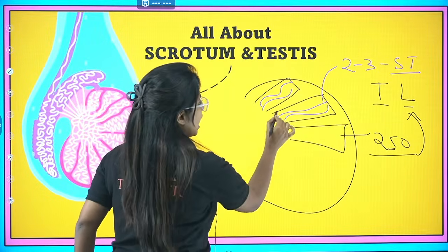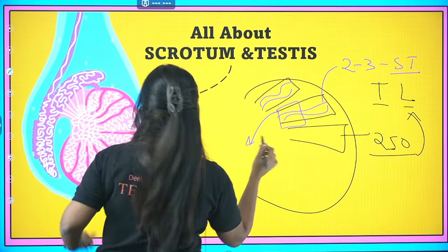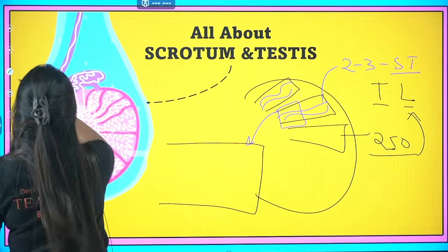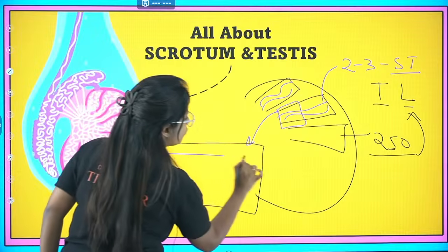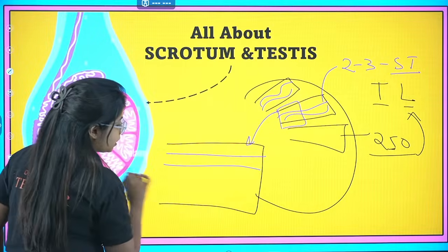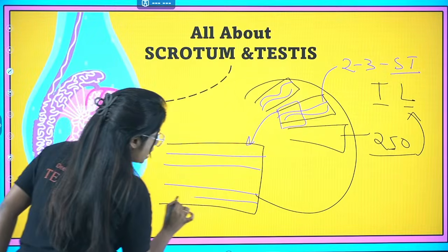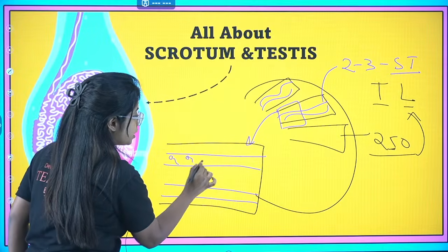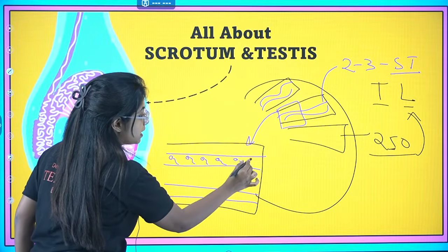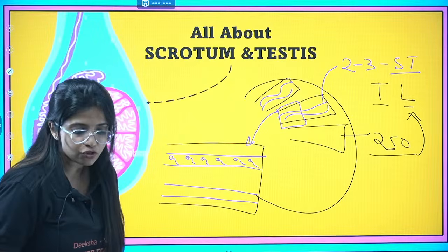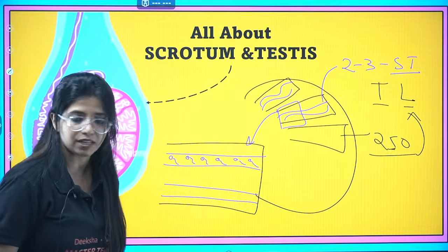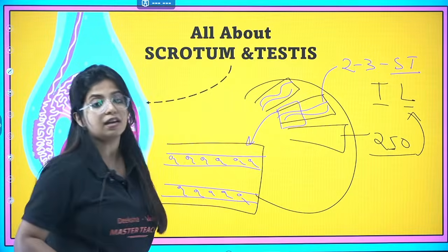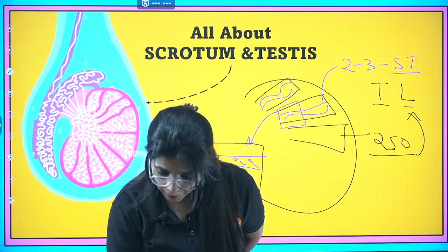So if I have to zoom into this particular part and show you, it looks like this. So this is a testicular lobule that you have. Inside that you have 2 seminiferous tubules, suppose. So this is one seminiferous tubule. This is going to be another seminiferous tubule. Inside this one seminiferous tubule, the sperm formation is taking place, which you call spermatogenesis. Similarly, here also spermatogenesis is taking place in the next seminiferous tubule.